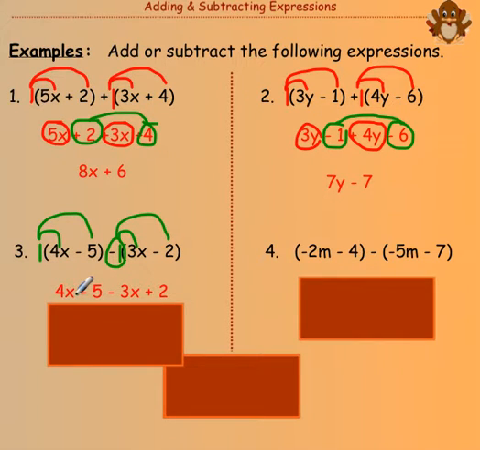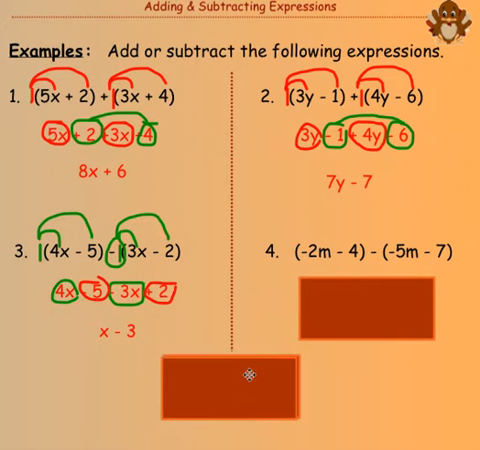Combine our like terms. 4x and negative 3x would give me x. And then negative 5 and positive 2 would give me negative 3. So our final answer is x minus 3. All right, last one. Again, we know there's a 1 there that's being distributed to each of those terms on